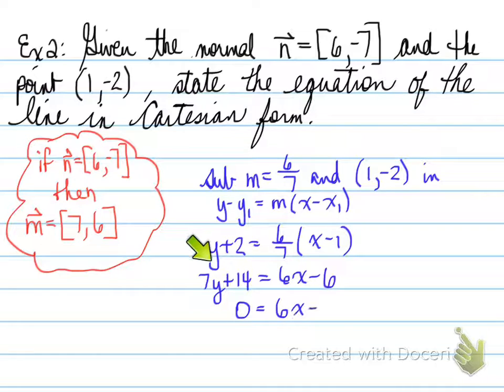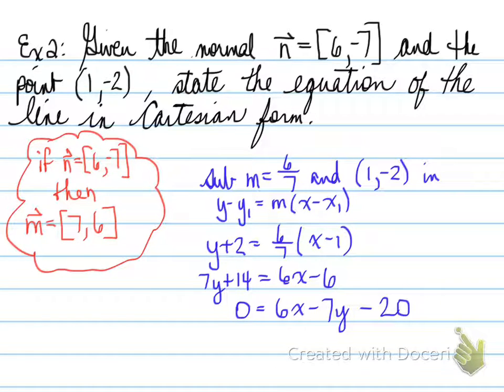So for our Cartesian equation, you multiply both sides by 7, expand it out, and collect like terms. And this, folks, look here, that's our normal 6, good, negative 7, good, and we can find that c value